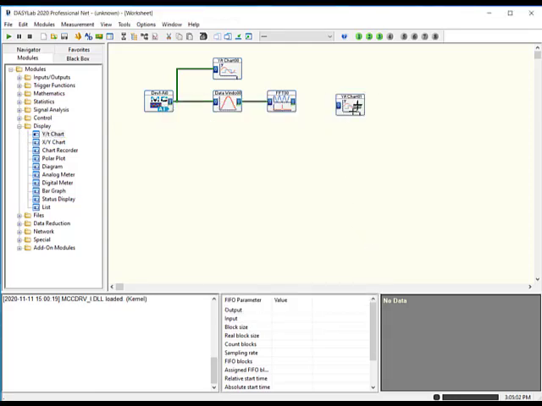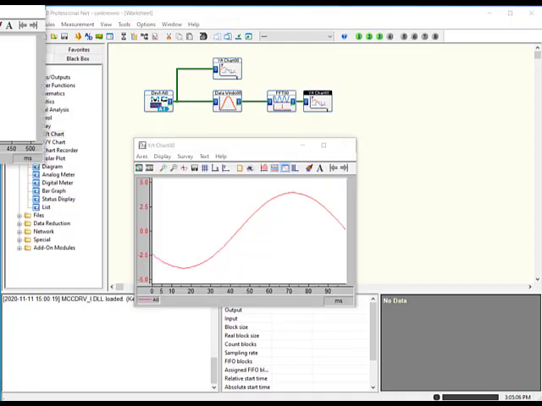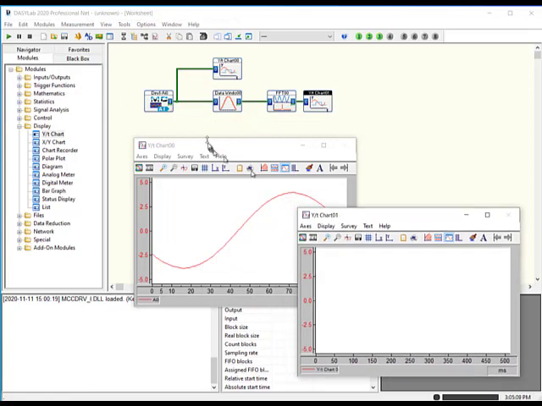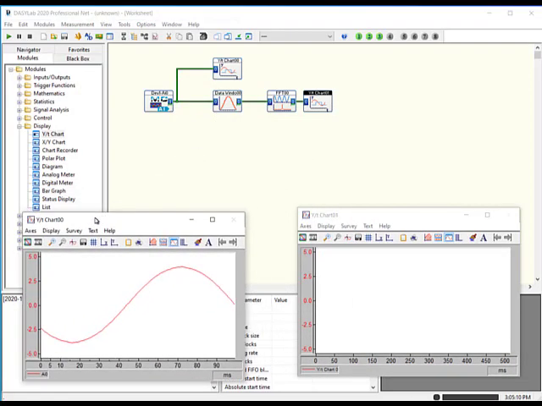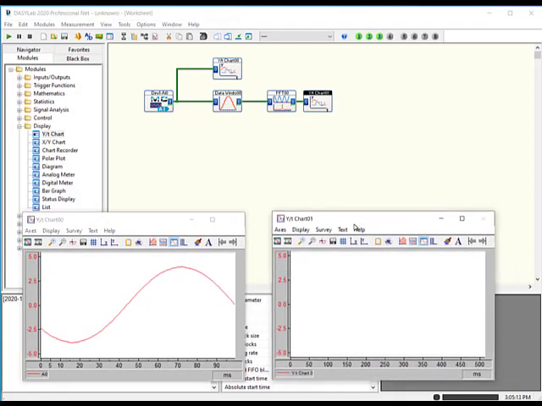Again, no changes here. Connect it up. I'll restore it and bring this second YT chart into the recording area. And now you're going to notice at the beginning of the measurement, the second YT chart is showing you seconds. The first YT chart is showing you up to 100 milliseconds, and the second one thinks it's showing you up to 500. Click the Start button,